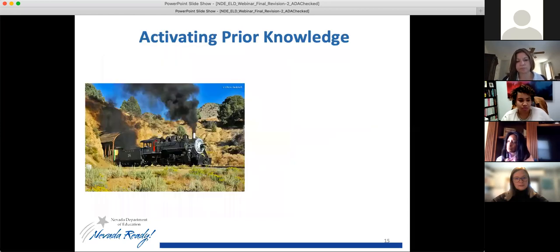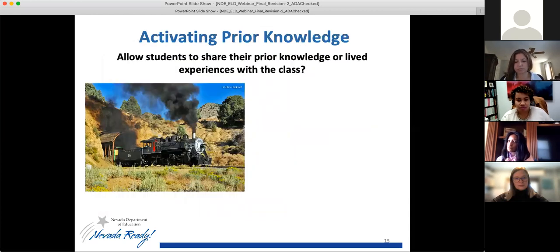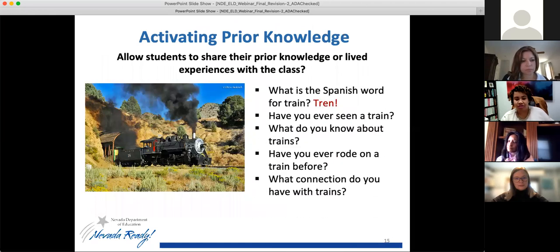Next slide. You can go ahead and click that. The next important step is to activate your students' prior knowledge. So we will have students make predictions about the text by sharing their experiences. It's important to incorporate cognates like tren, which is a Spanish word for train. Then you would provide an opportunity for students to share their lived experiences with one another through a structure for